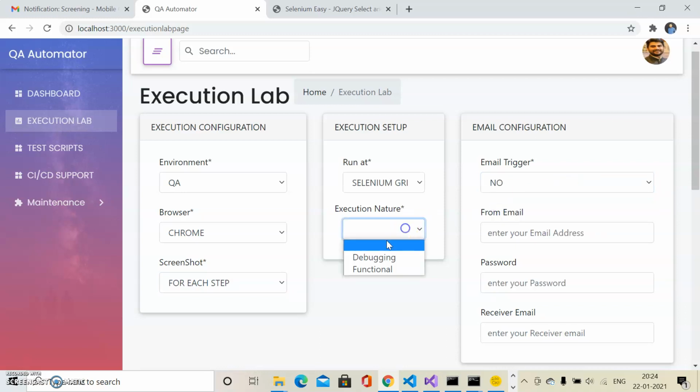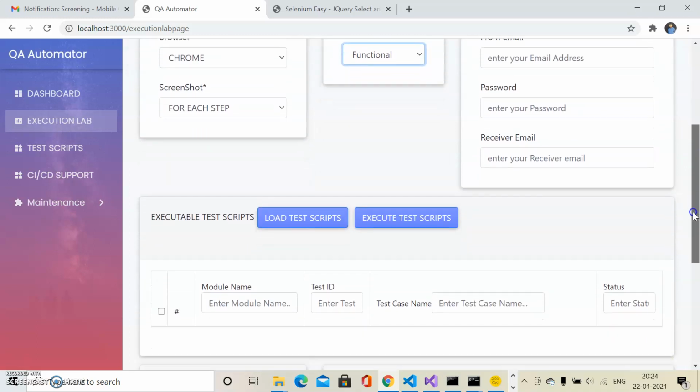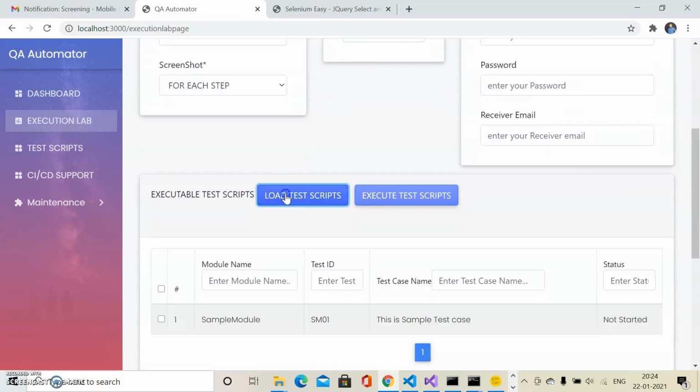So let me execute the test script which I have created. Let me load the test script. It shows all the test scripts available. I have just created a sample module. Now I'm selecting this test case and running this test script.